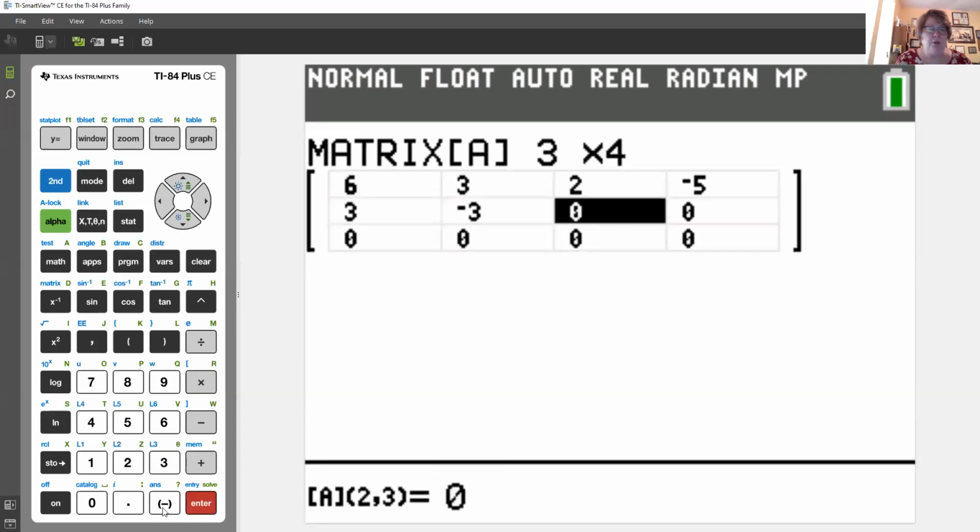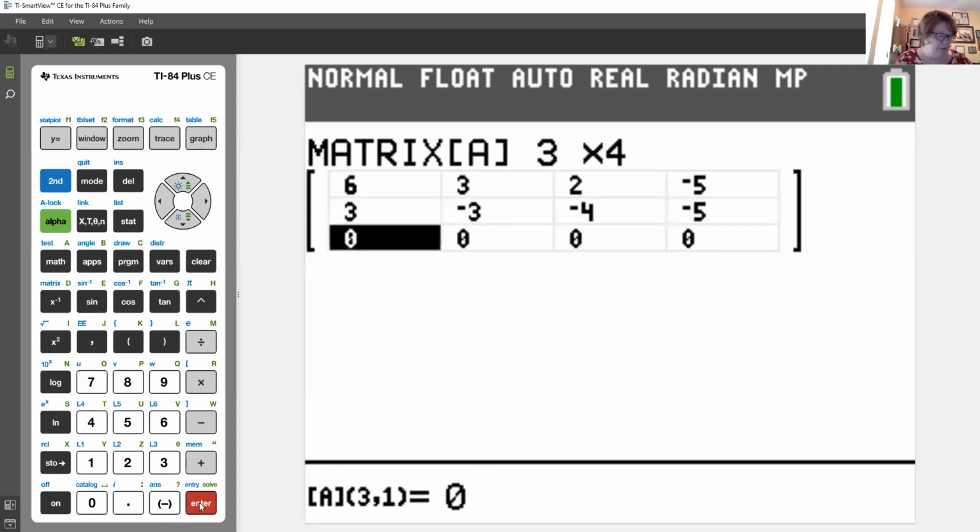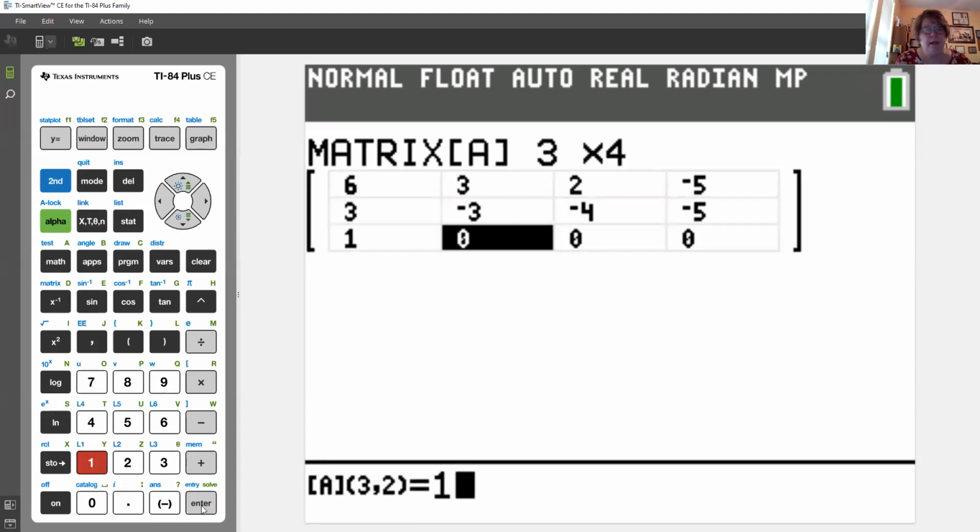All right, my second row was 3, -3. Make sure you're using the minus sign down here by the enter and not your subtraction minus sign. Make sure you use the right minus sign. -4. It will throw an error, it will tell you that it's wrong. -5. And then my last row, 1, 1, -1,